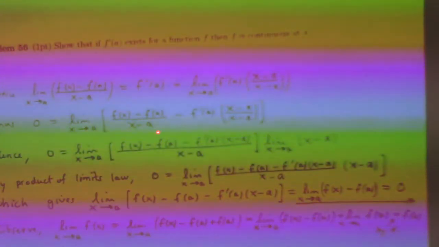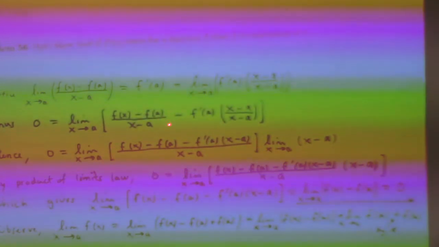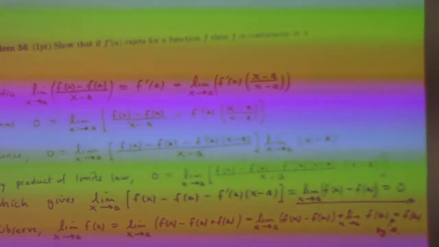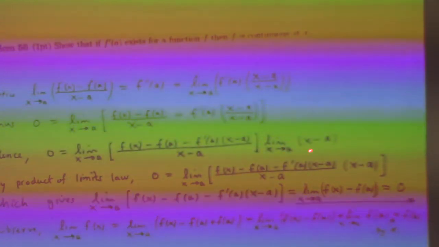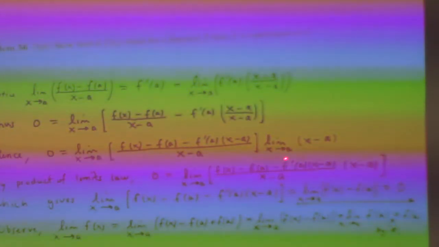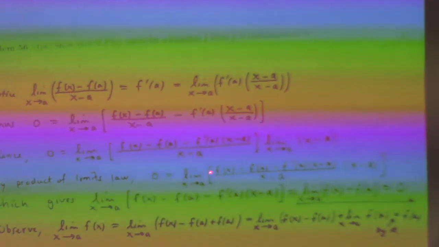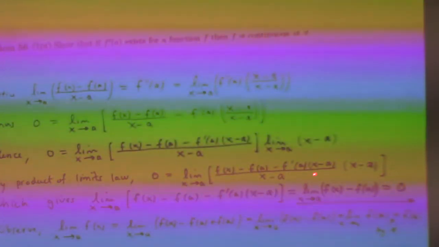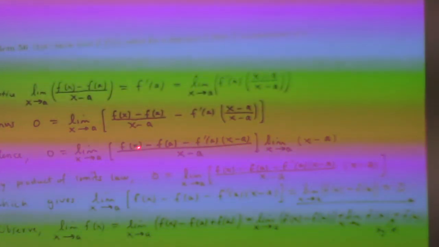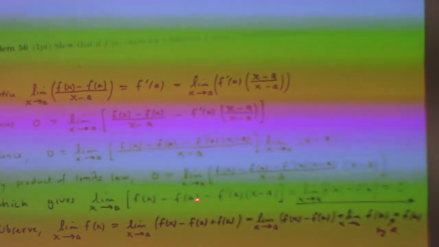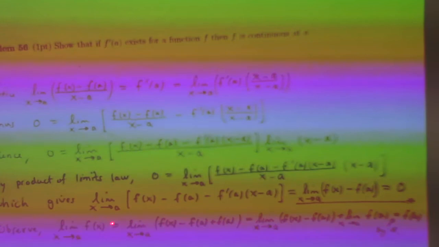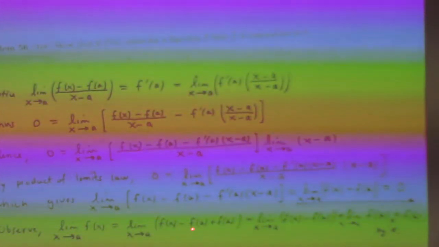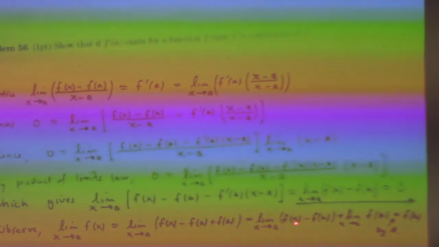And I can put that over there as well. This has limit 0, that has limit 0, so of course the product also has limit 0. These both exist. When I multiply these, though, something nice happens in that the x minus a's cancel, and I'm left with the limit of this must also be 0. But if the limit of this is 0, then I can calculate the limit of f of x as x goes to A by adding 0 and then noticing that I've got 2 pieces,